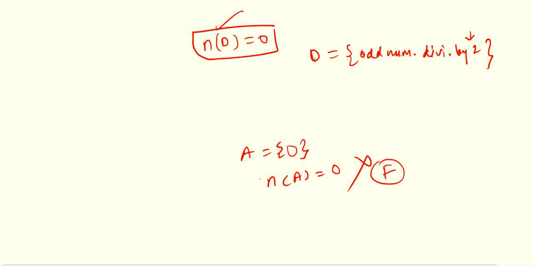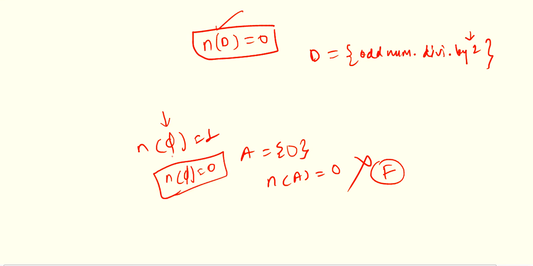Second, n(phi) equals 1. So in this particular question, n(phi) is given to you as 1. If you are having an empty set, generally the cardinal number for that is 0. Clear? So this one is a false statement. Why? Because when you are having phi, the empty set, your answer will be 0. Because phi is empty, meaning what? Nothing, so 0 represents that.